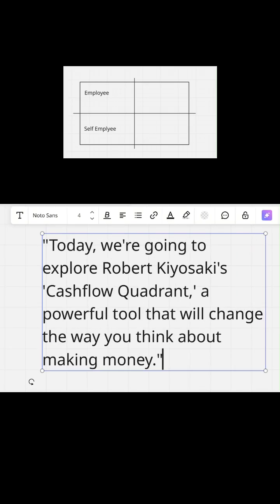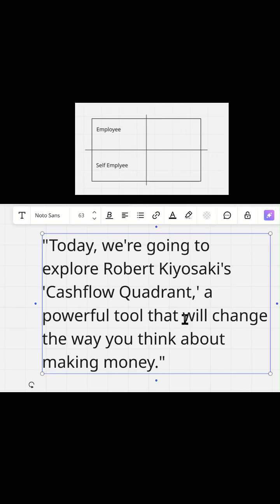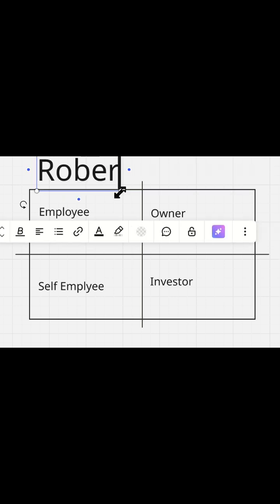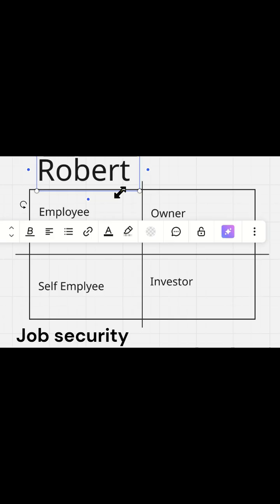making money. Robert Kiyosaki's Cashflow Quadrant is a powerful framework for understanding the different ways people earn money. He argues that it's not what you do, but how you earn your income that determines your path to financial freedom. The quadrant is divided into four main categories, with the left side representing job security and the right side